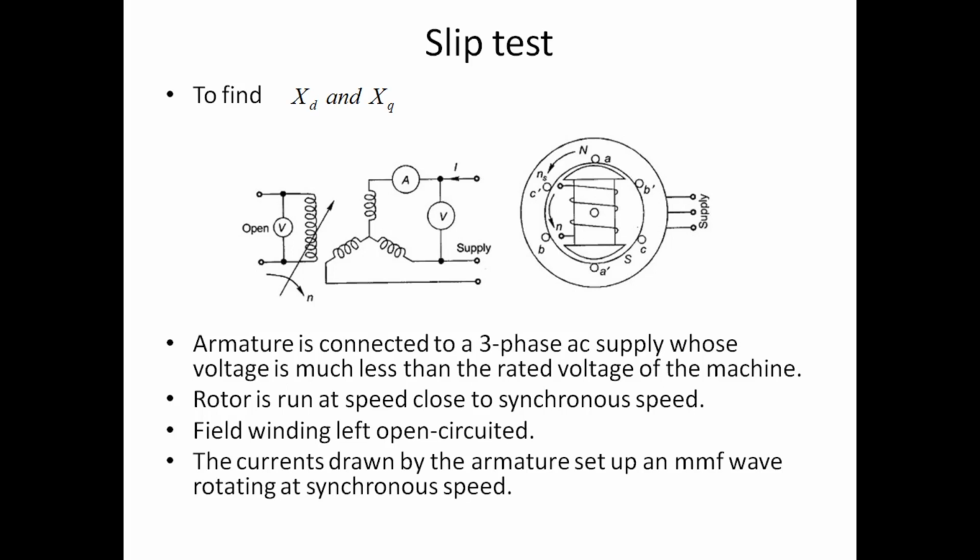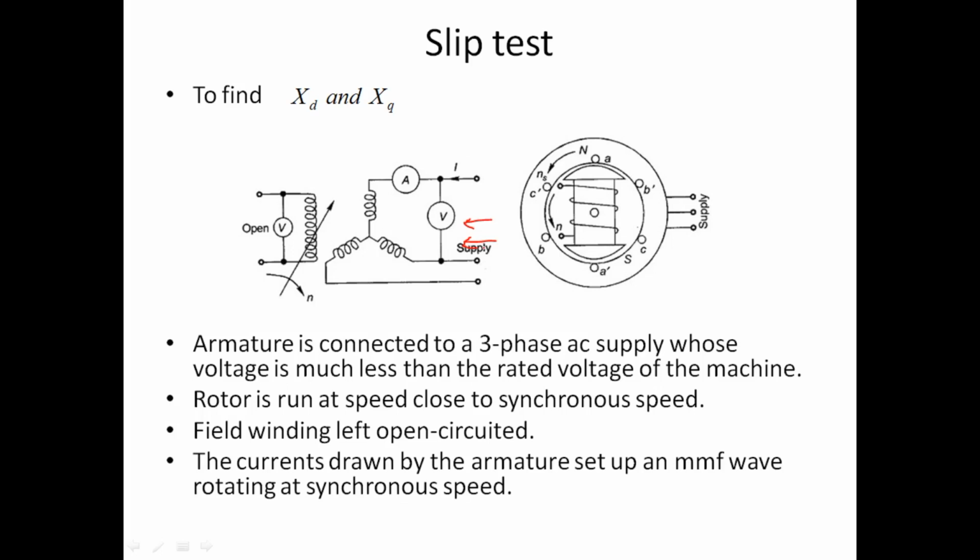Now there are some differences. There are three major differences compared with the usual setup of a synchronous generator. Usually we rotate the rotor and power is taken out from the generator. But here, electrical power is given to the generator. Actually it is a salient pole synchronous generator on which we are conducting the slip test, but supply is given to the stator terminals. Here AC supply is given, like in a motor.